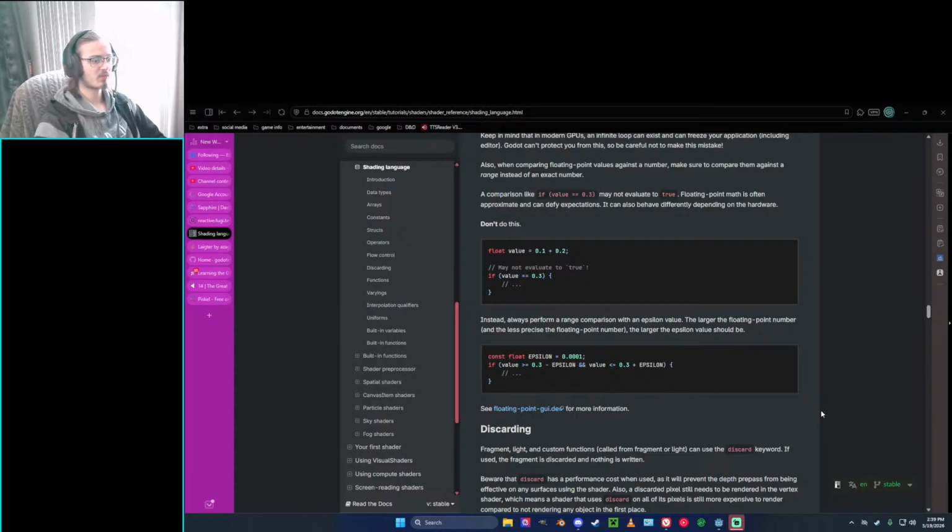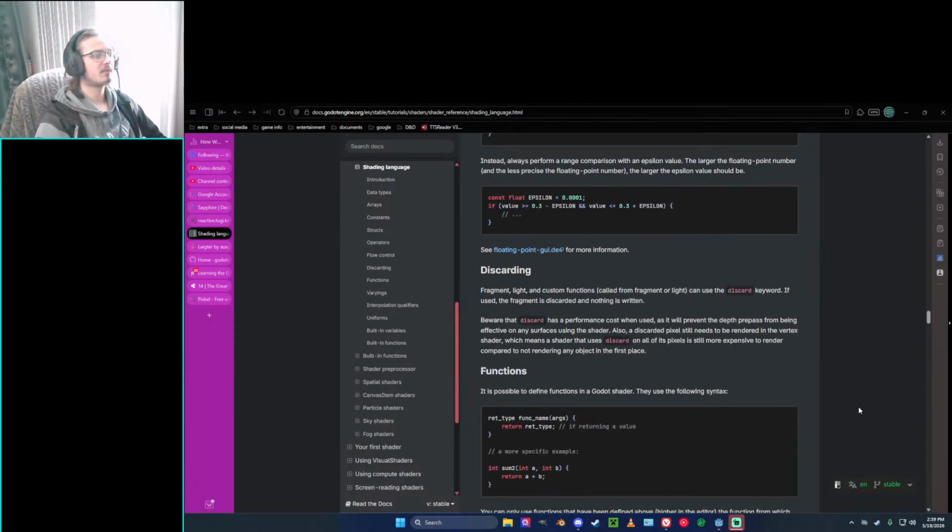Instead, always perform a range comparison with an epsilon value. The larger the floating point number and the less precise the floating point number, the larger the epsilon value should be. See floating point guide for more information. Constant epsilon